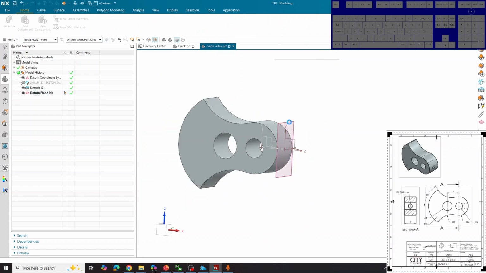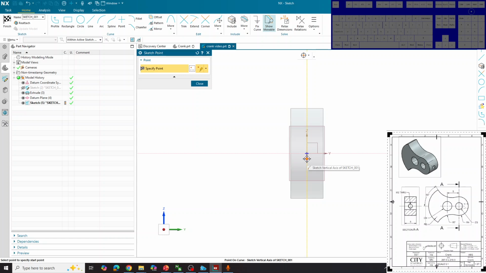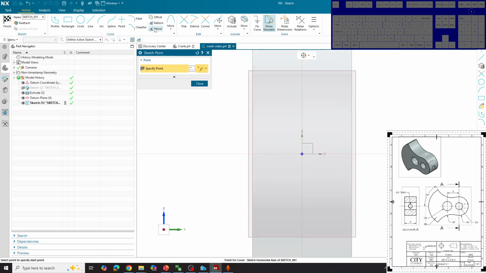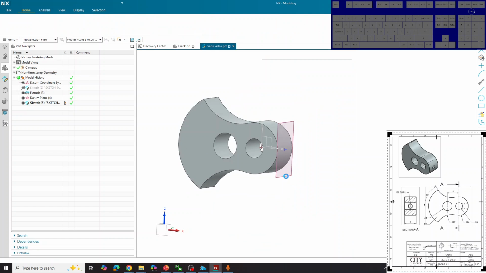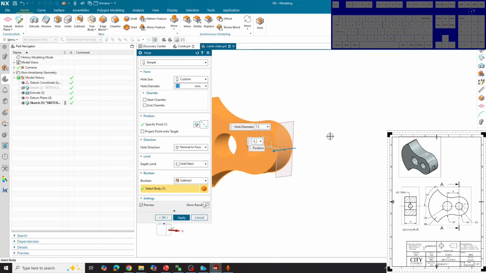Okay, so on this plane, we're going to create a hole, and the hole is going to be on this point over here. Click there, close, finish, and the hole will magically appear right there. Now the diameter is a bit too big, so we're going to adjust it. Actually, this hole over here is actually a threaded hole, M2 to be precise. So we need to go over here from simple into threaded hole,